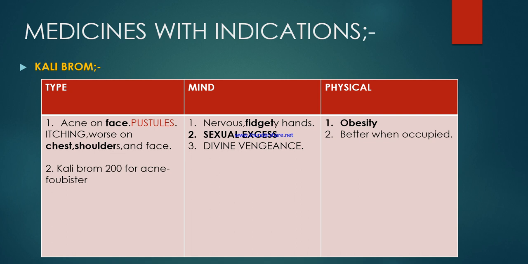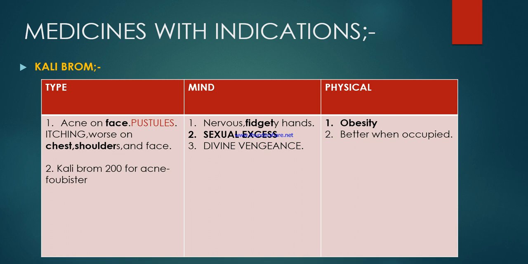First of all, I have the most used medicine in acne. We all know sulfur, Muxol, Pulsatilla. We know that these medicines are used so much in the clinic. But apart from those medicines, apart from sulfur, apart from Eugenia, I'm talking about Kali bromatum, which is very often used in the clinic. So what are the main features of Kali bromatum? I will be talking about the clinical picture of Kali bromatum with the mental picture and with some physical indications.